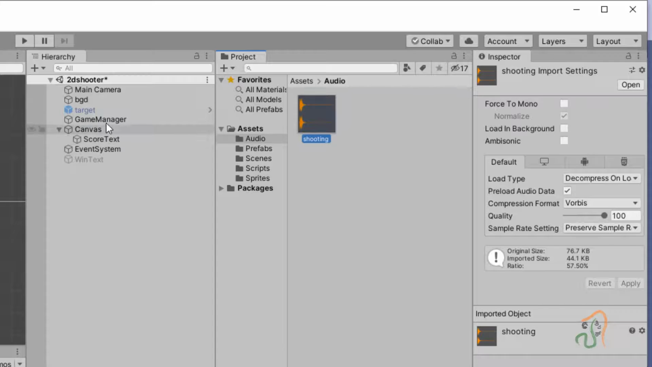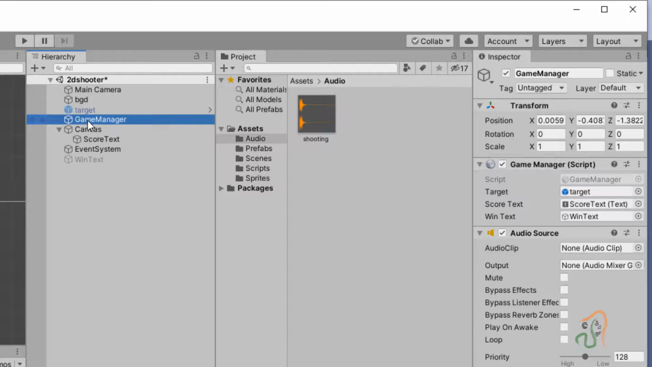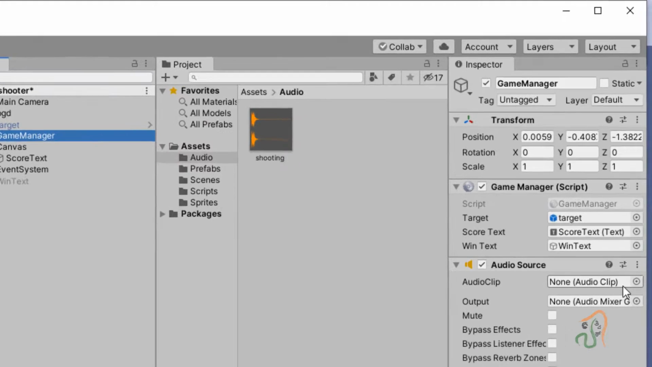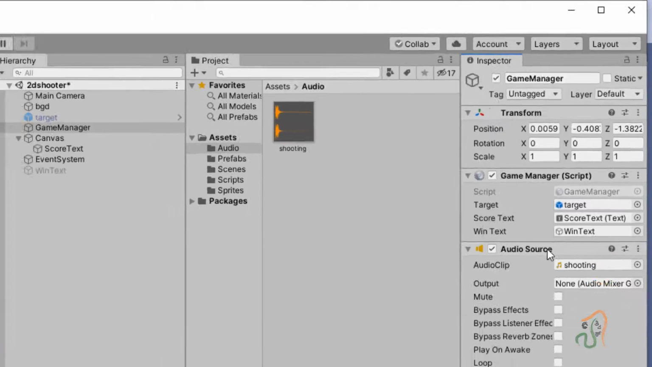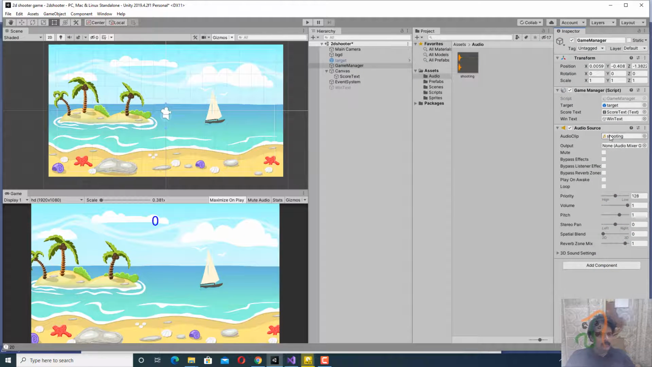For this, come to the game manager, and in the game manager, when we added the audio source, you have audio clip. Right now it is set to none. Now drag this shooting sound and place it over here. So this shooting sound is now used as an audio clip. Now the next thing is, this audio clip has to be accessed using our script. So now to access this in the script,